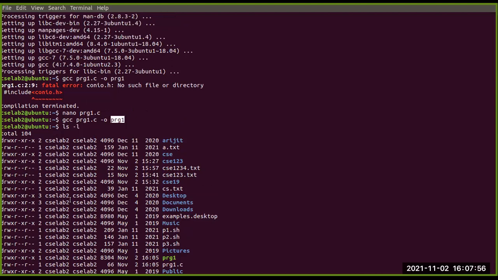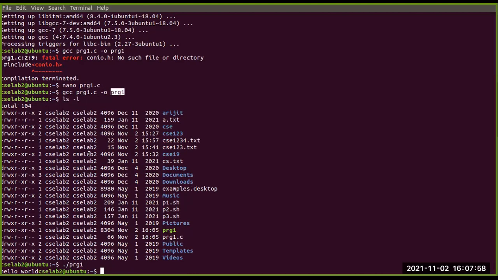So any doubts up to this part, you can tell me and I can solve your query, because this is a new thing for us, and the process of remembering the commands is a little bit tricky. So if anyone has a doubt, they can tell me. Any questions from you?